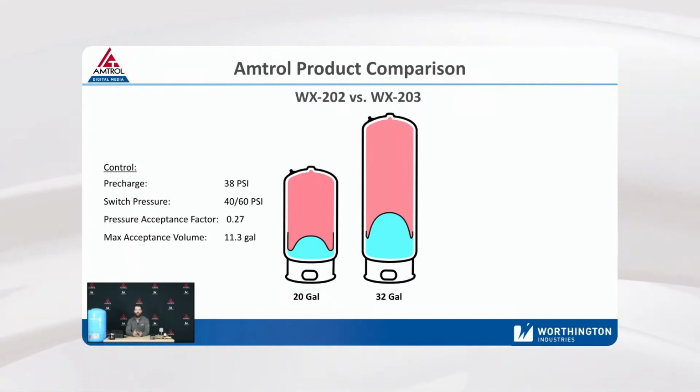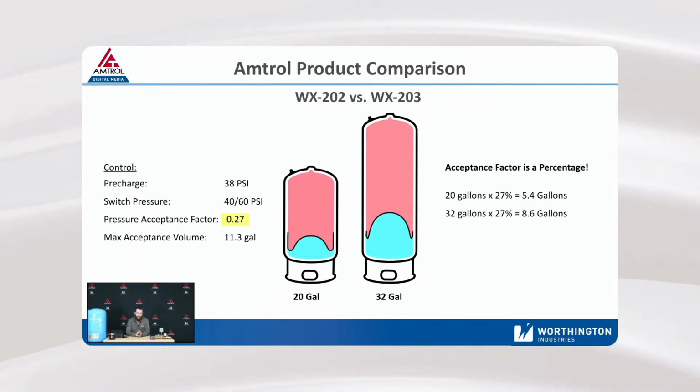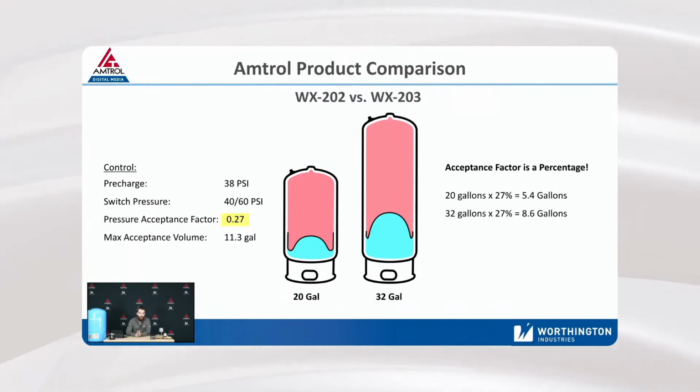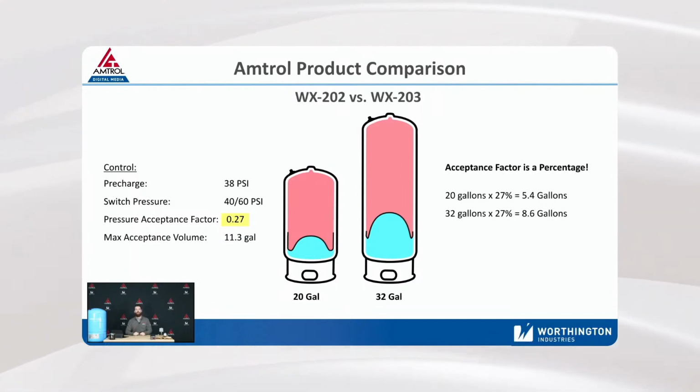So where does the differentiation come into play? We have to remember that acceptance factor is a percentage. So if we have 27% of 20 or 27% of 32, what yields more water? Well, the bigger number. So if we have 20 gallons at 27%, that's going to give us approximately 5.4 of drawdown. If we isolated that tank and opened up the 203,